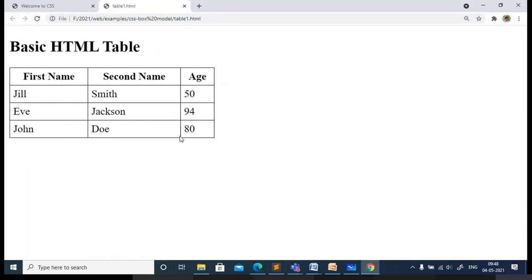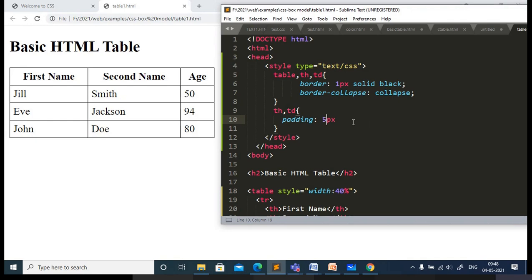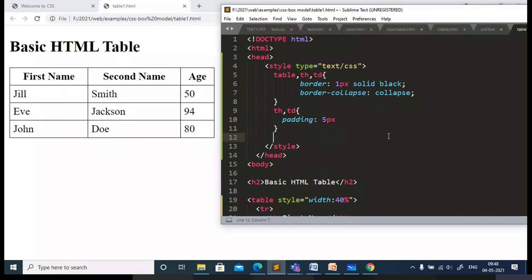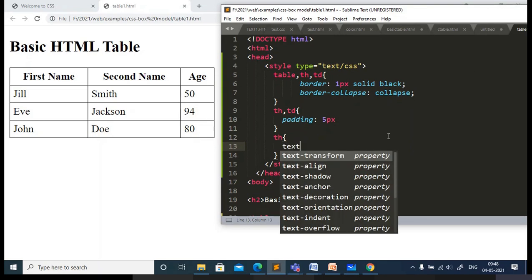So next, alignment. By default you can see the heading is center aligned. In case you want to change that, I'm just talking about the header part, then you use this style only for the th tag. So what style am I going to specify here? It is the text-align property.